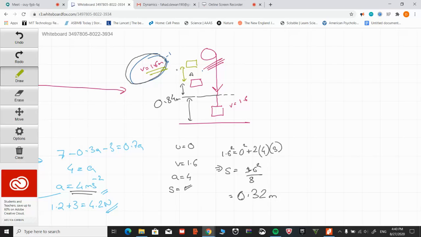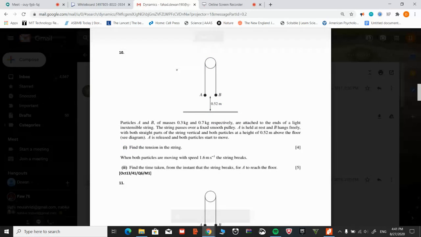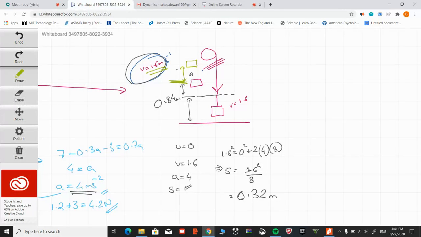ঠিক আছে? আচ্ছা, ওই হাইটটা তোমার হচ্ছে গিয়ে যে, আর বাই দ্য ওয়ে তোমার টাইম ক্যালকুলেশন কিন্তু এখন থেকে শুরু হবে, বিকজ কোয়েশ্চেনে বলা হয়েছে যে ফাইন্ড দ্য টাইম টেকেন ফ্রম দ্য ইনস্ট্যান্ট দ্য স্ট্রিং ব্রেক। সো স্ট্রিং কিন্তু এই 0.84 এ ভাঙছে, সো এখন তোমার স্টপ ওয়াচ শুরু। সো তোমার এখানে T1 এর হিসাবটা এখানে হবে। So what we're going to do is we're going to find the time taken for the particle to go from 1.6 to 0. ঠিক আছে? টাইমও লাগবে, আমার এই এডিশনাল হাইটটাও লাগবে। ঠিক আছে? হাইট কেন লাগবে? যাতে আমি জানতে পারি যে ও নিচে পড়তে হবে কতটুকু।